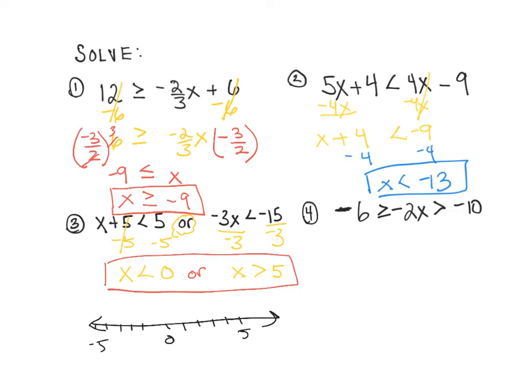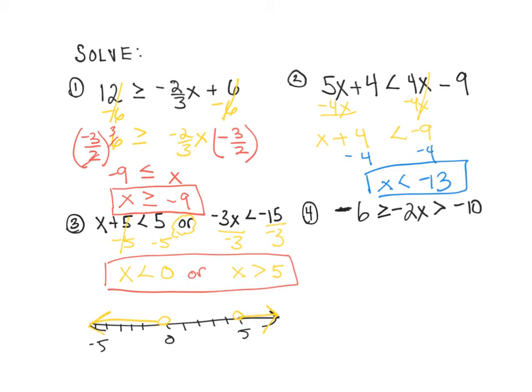I would have x is less than 0, open circle on 0, and shade everything less than it. And x is greater than 5, open circle on 5, shade everything greater than it. And so there's another example of our or inequality. Our last example here, number 4,